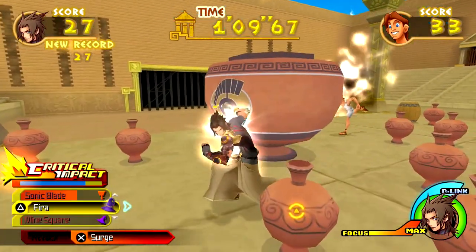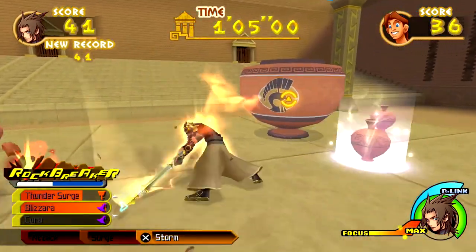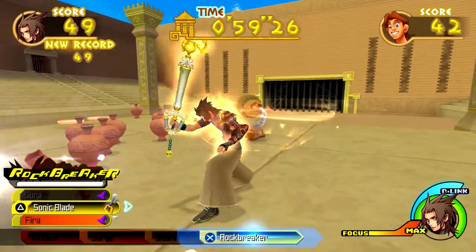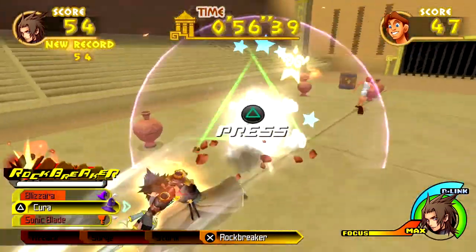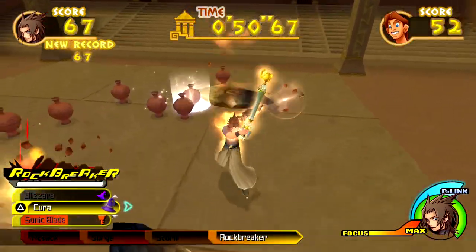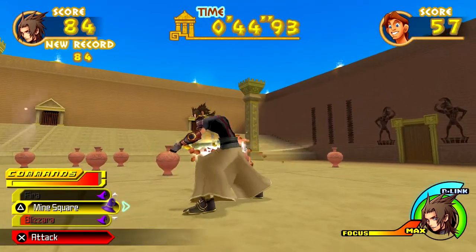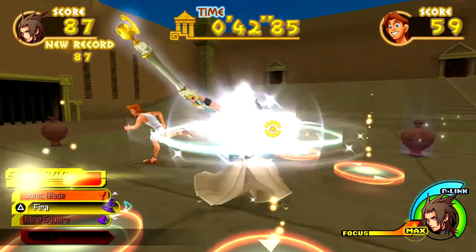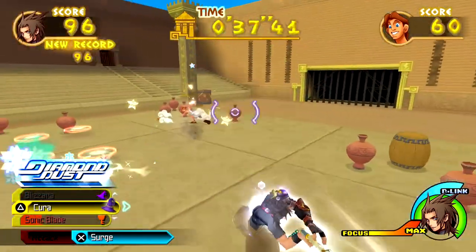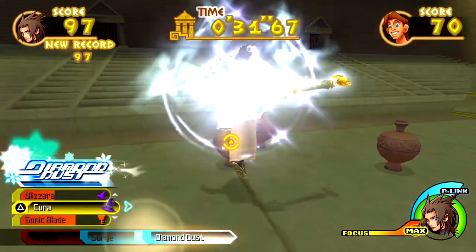As I progress, particularly when I do Ventus's story and definitely Aqua's story, you will see a much more effective strategy in terms of dealing with this. It is a good thing to try and win this if you can, because if you beat Herc in terms of breaking the urns, then you can get the rather awesome Sonic Blade. Obviously, we have actually got Sonic Blade, so it's not as big a reward as it perhaps otherwise would be,